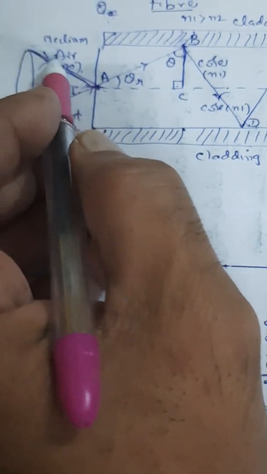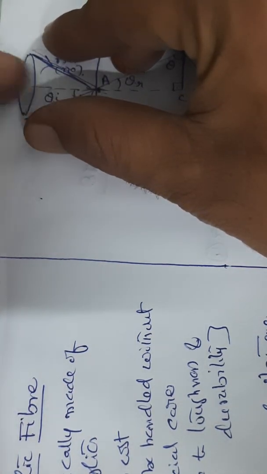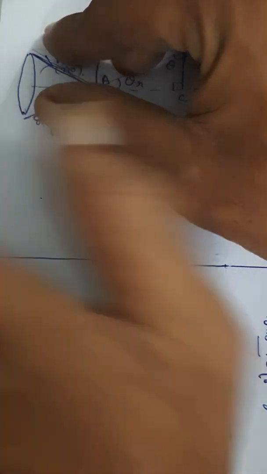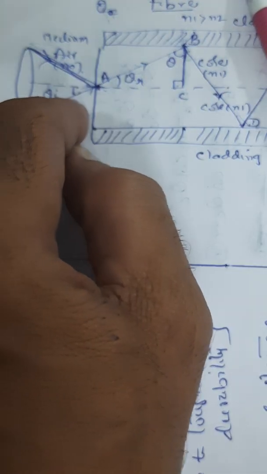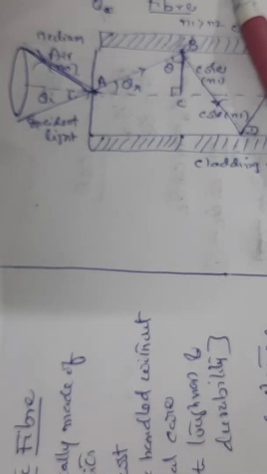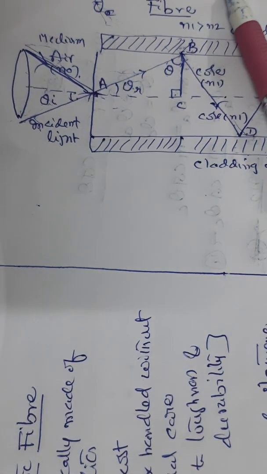Similarly from the other side, light comes like this. So this is the area through which light can enter. Any light coming from here and here cannot enter. So this is the maximum angle of incidence for which light is entering into the core. Entered light is properly guided to flow through this. So that is what is required. Understood? That theta A is nothing but acceptance angle.